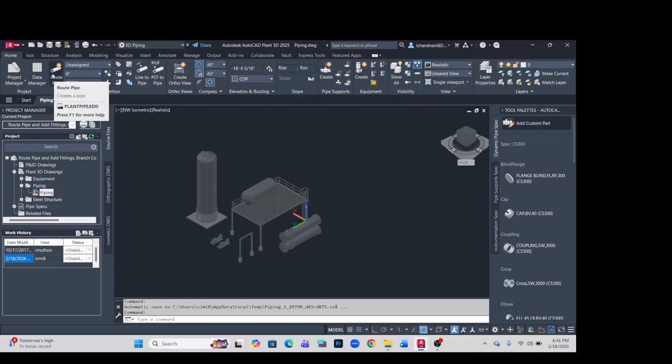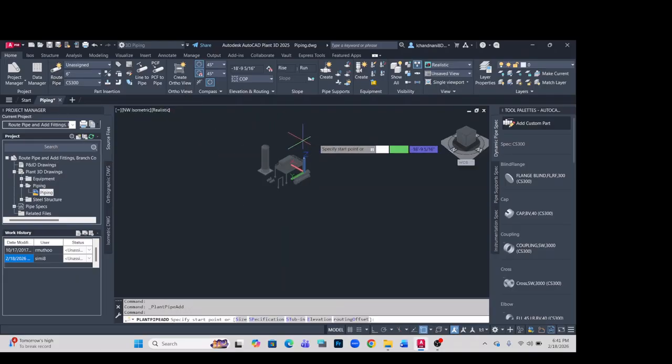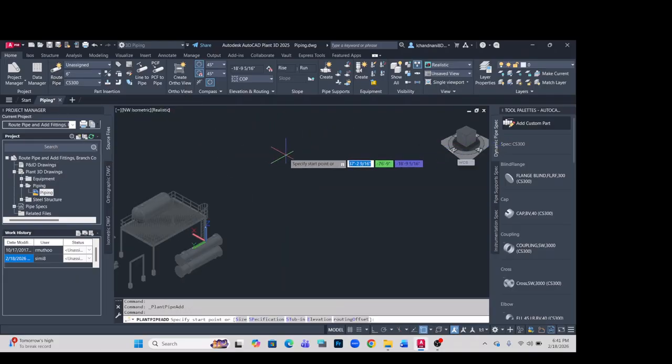So I'm going to click on the route pipe tool to start creating some piping somewhere in this space. I'm going to specify my first start point, and you will notice that a compass appears. Now I can rotate the pipe around the tips of this compass.